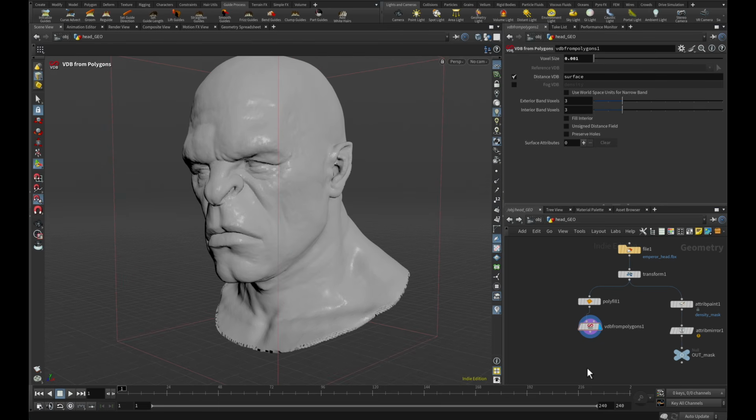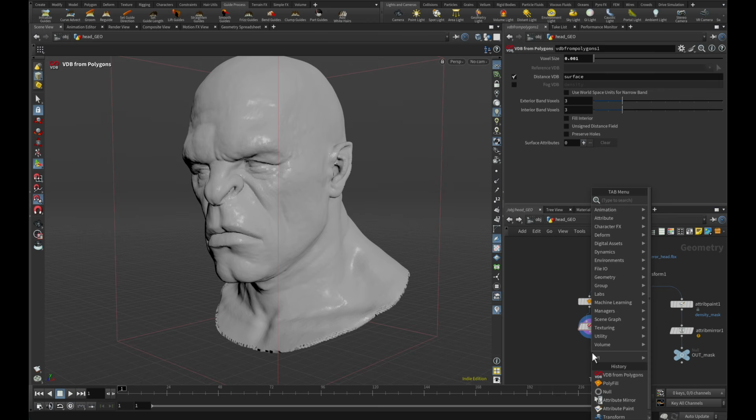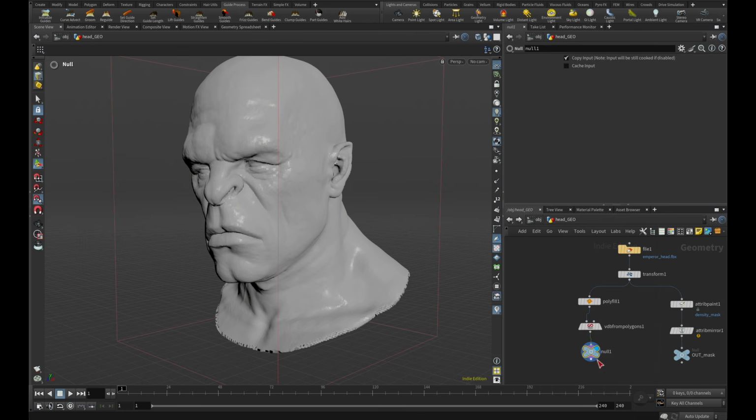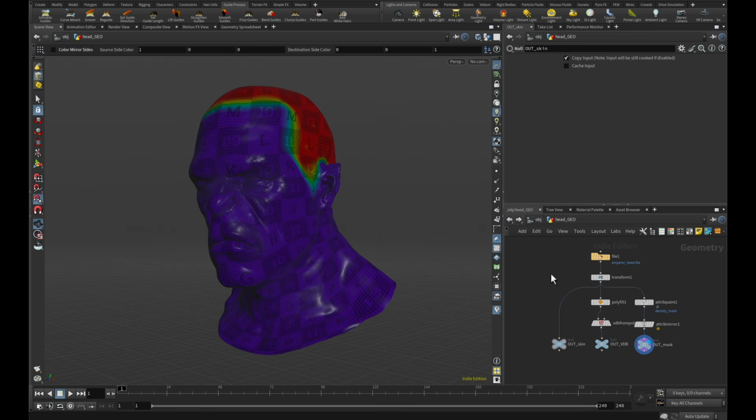Okay, so now we can add in the null node, which will be the output, right? So let's call this out VDB, right? Something like that. Now that we are finished with everything, we can always go back here later on if we find any trouble. Let's go back to the object level right here. You click here,